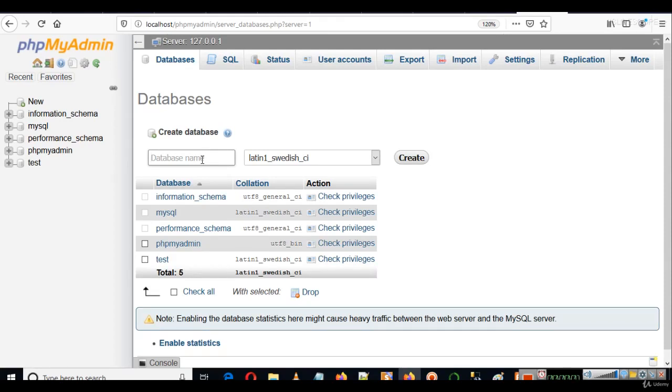So you can keep everything as it is written by default here, and you simply type a database name here. For example, let's say we are creating a database for a school, so you can write db school and keep everything default here